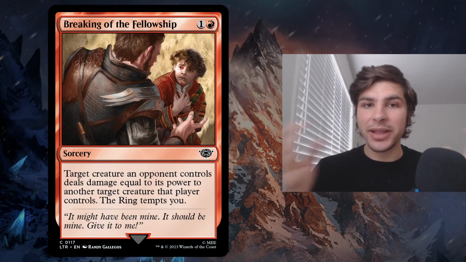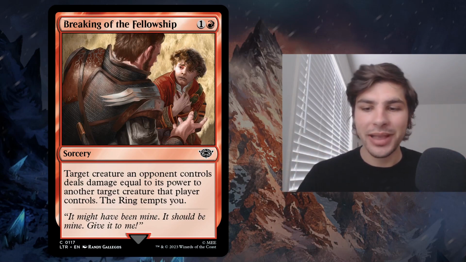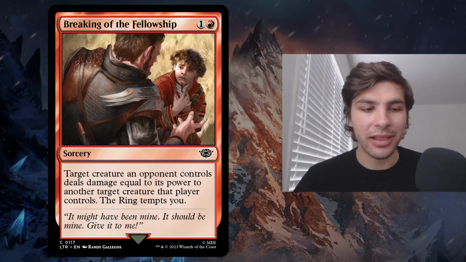So it's kind of like the breaking of the fellowship. They could not have depicted this card better, because it's your own creatures turning on you. I know I've gone on about this card a lot, but I just absolutely love it, and the story is